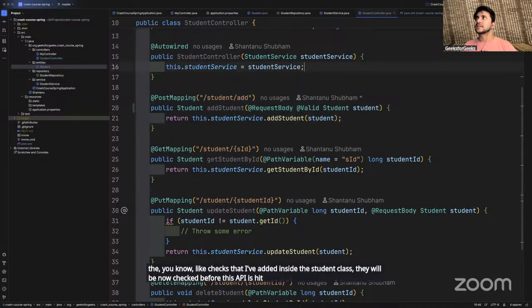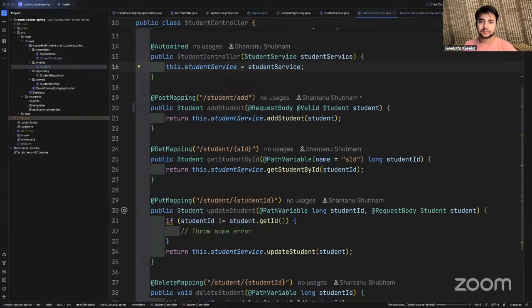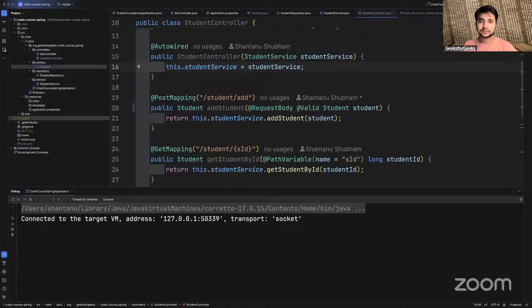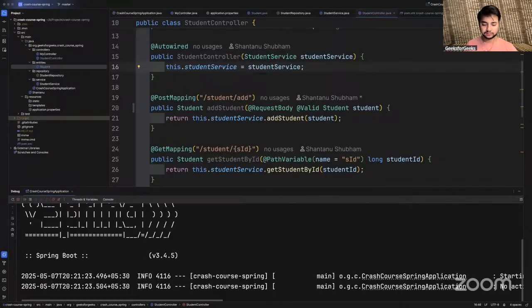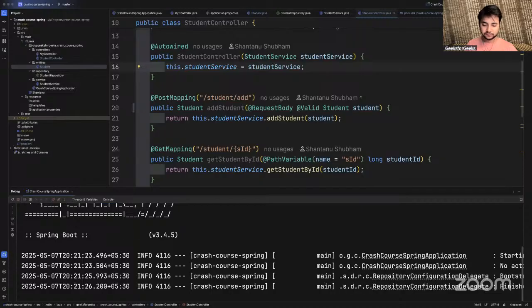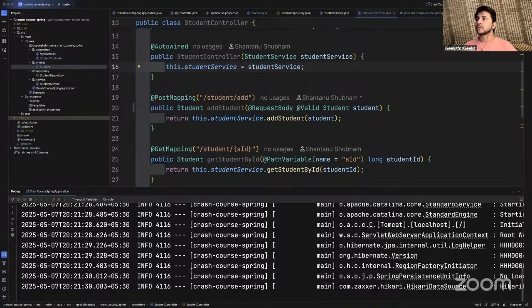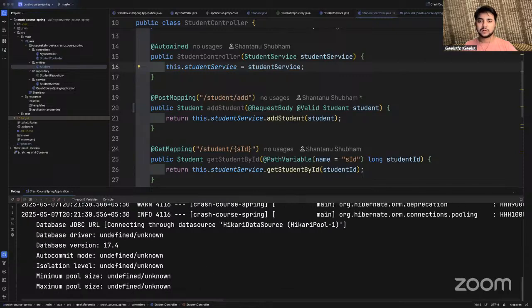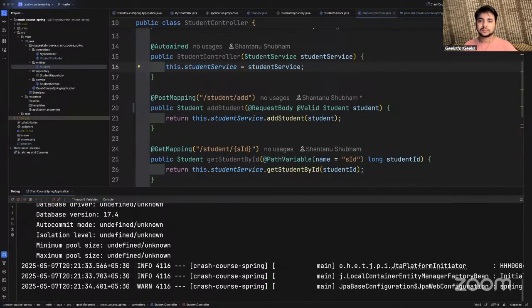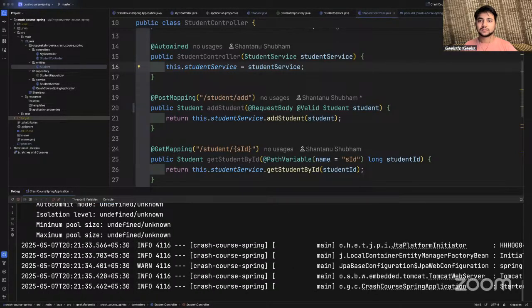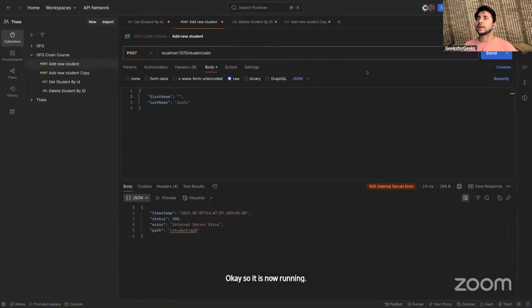Now, if I restart my application, okay, it is now running. Now I'll go back and you can see I'm passing my first name as an empty string.